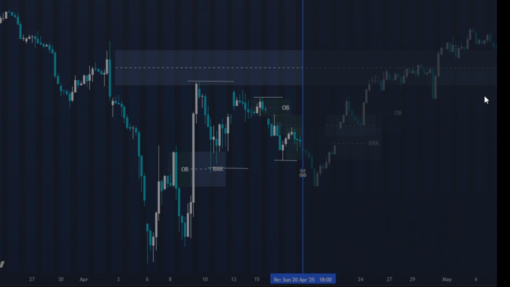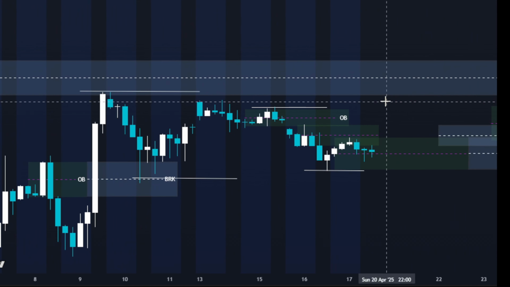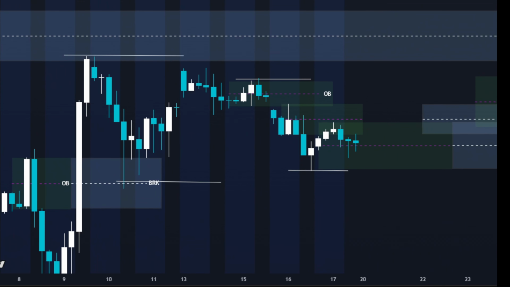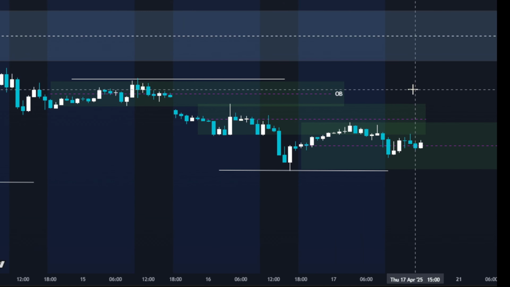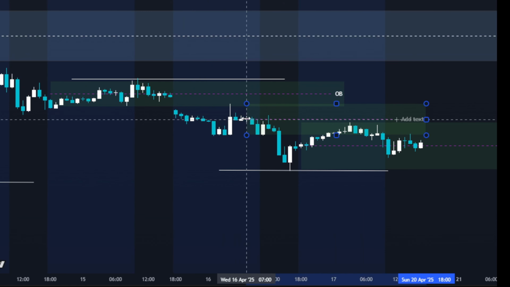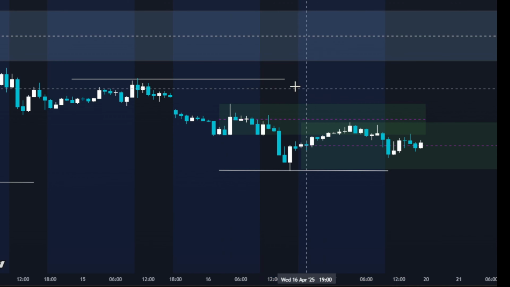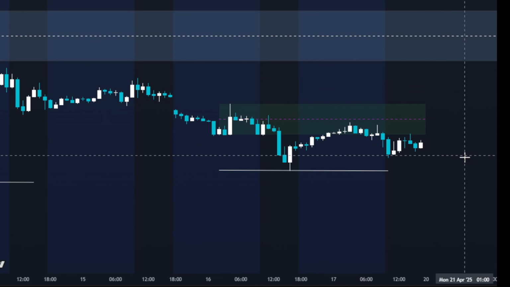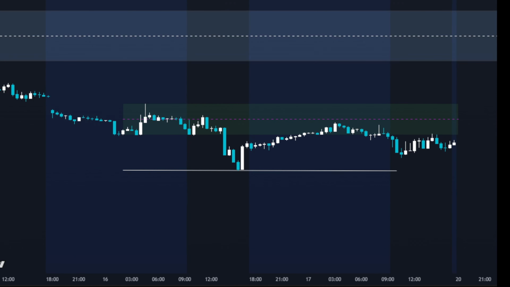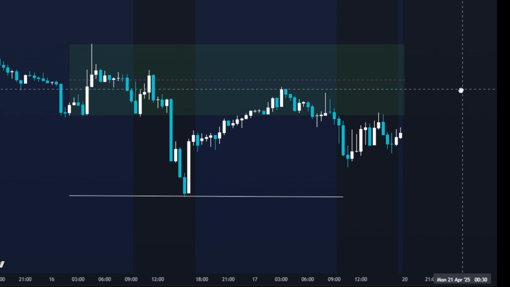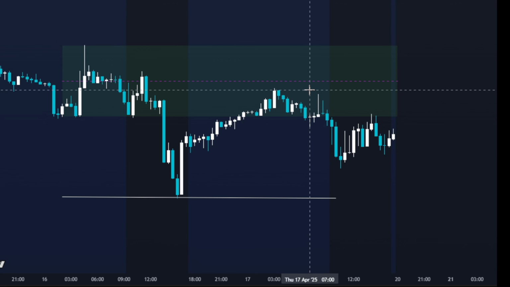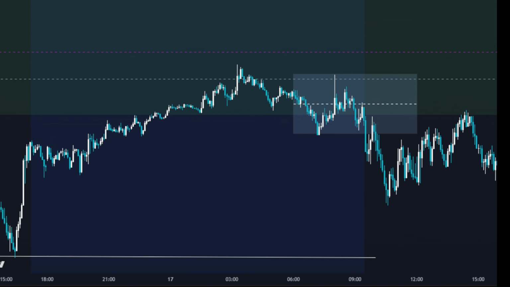Something I'll point out, maybe dive into, take this for example. So this is the 4 hours, right? And we can go down to the 1 hour, zoom in. This water block still stands. So let me erase this so it's clear. This water block still stands, and then we look down to a lower time frame. We have another water block that's respecting here, but even here, this is 30 minutes, and if I go to 5 minutes over here,